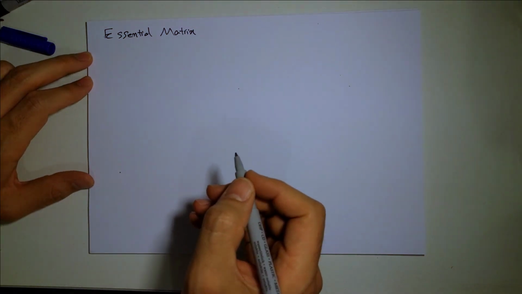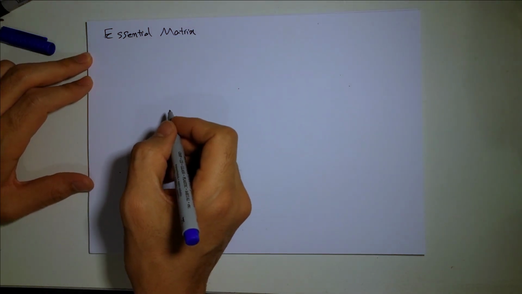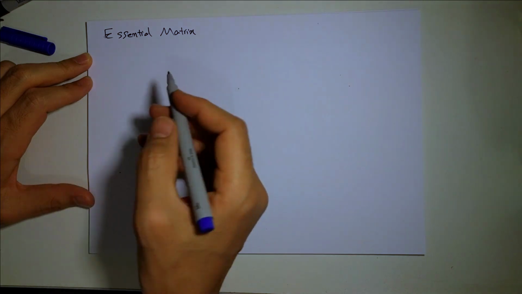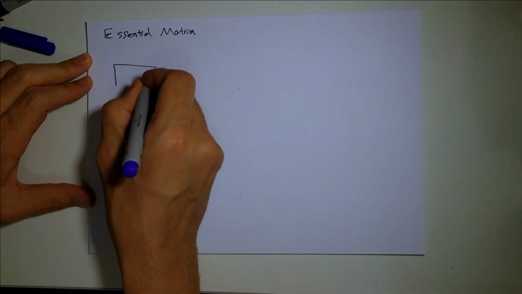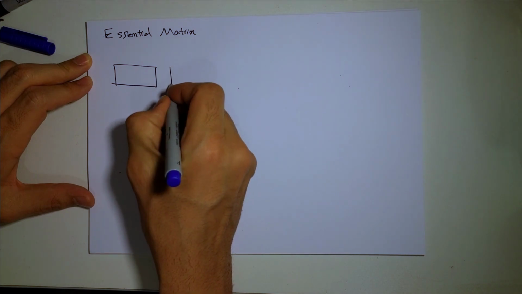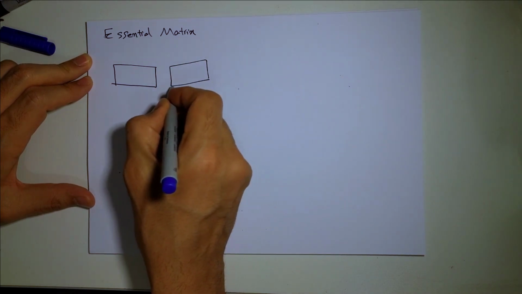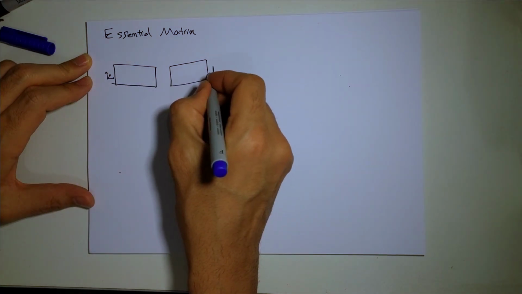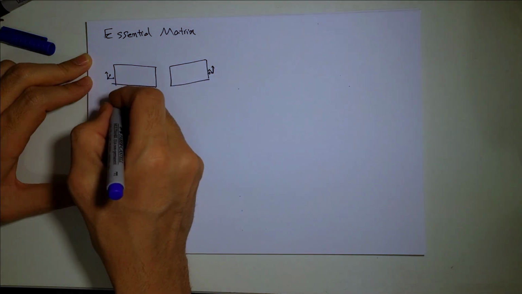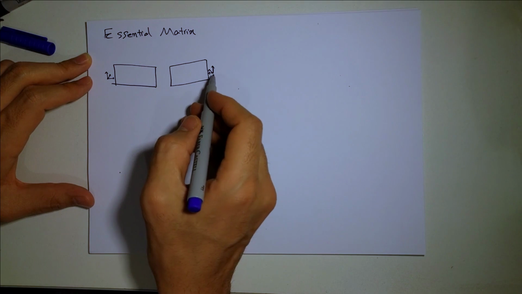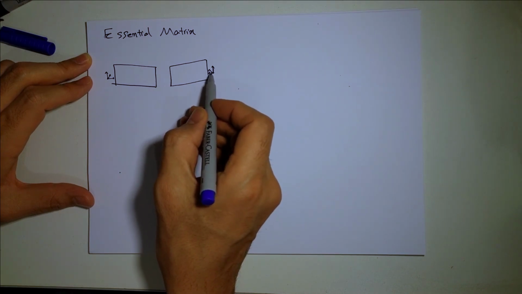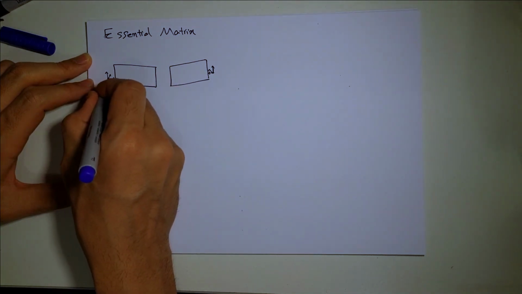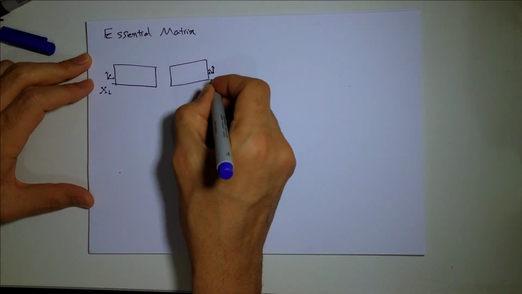So the essential matrix is a matrix that relates two cameras, the points in the frames of two cameras together. For instance, if this is your first camera and this is your second camera, and this is the optical center, we're looking for a matrix that relates this frame, which represents the camera frame of the right camera, to the left camera. So if I call this frame XL and this one XR,